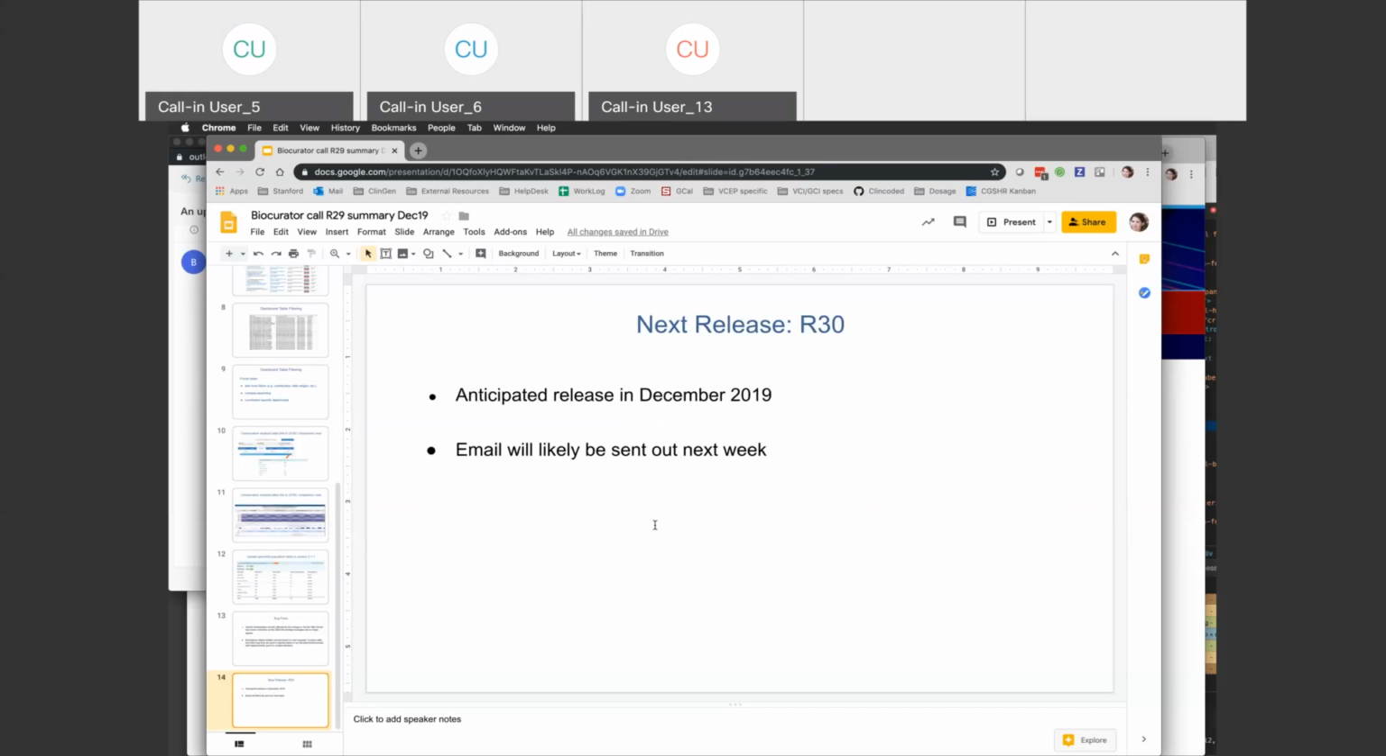And then one last thing is we do have another release that we're hoping to get out before the end of the calendar year. This will be our R30 release. We anticipate it happening in December, actually next week. And as always, we will send out an email notifying everyone of the release time and when the